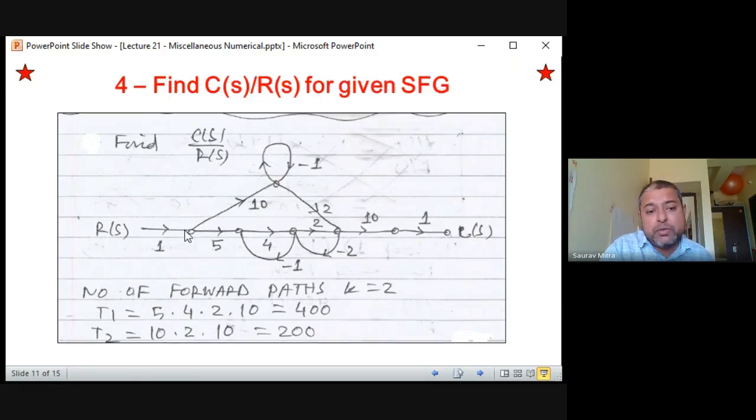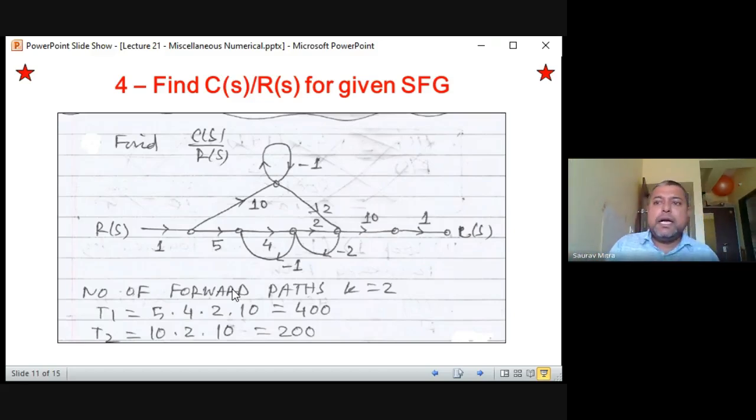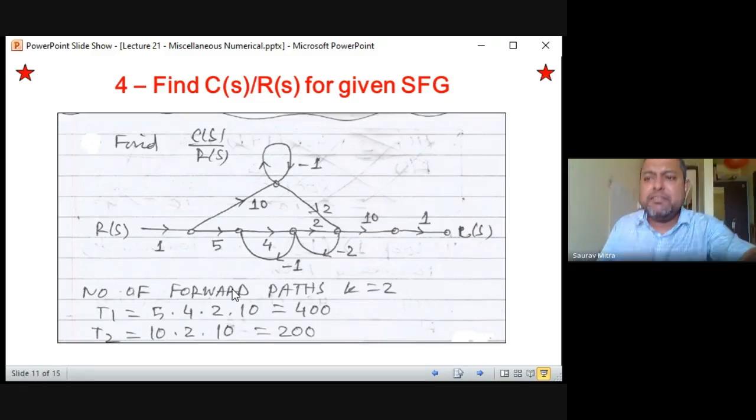Because whenever I'm talking about the forward paths, what is the forward path gain? So there are two forward paths in this case. Directly I will go into it. The question is to find Cs by Rs, and as everything is given in terms of some integer value, in this case you will find that Cs by Rs will be a figure. 10, 15, 20, something like that. Okay, so block reduction also I can ask you like this. Instead of g1, g2, h1, h2, I will give some integer values, or maybe some values. Not necessarily integer, it can be any value.